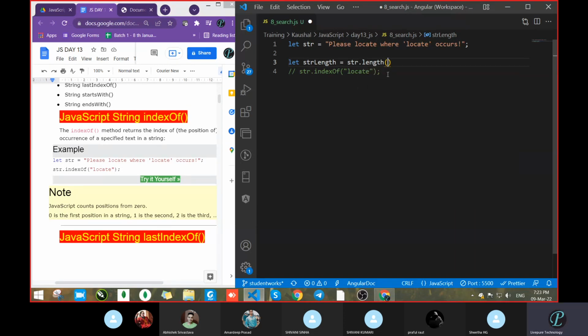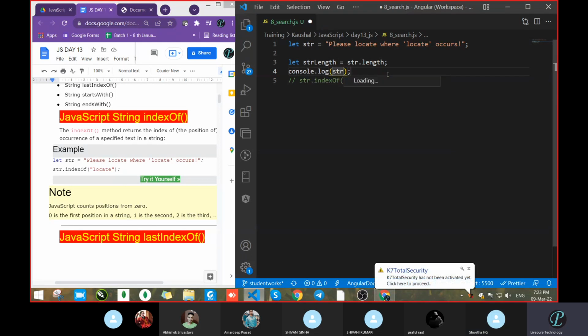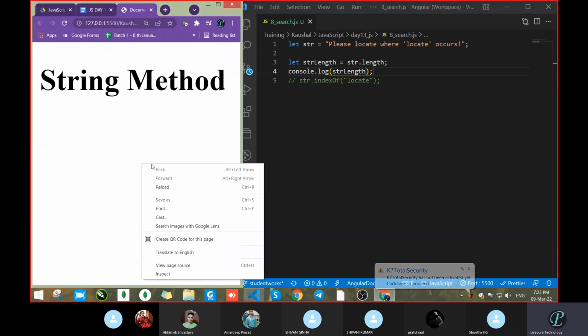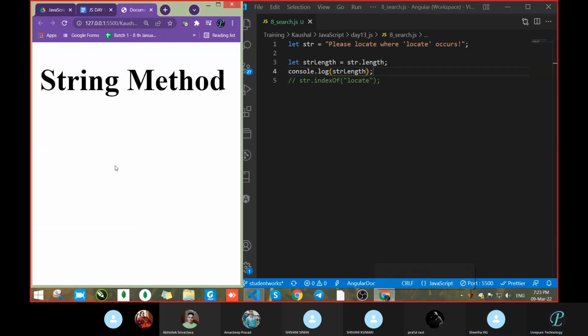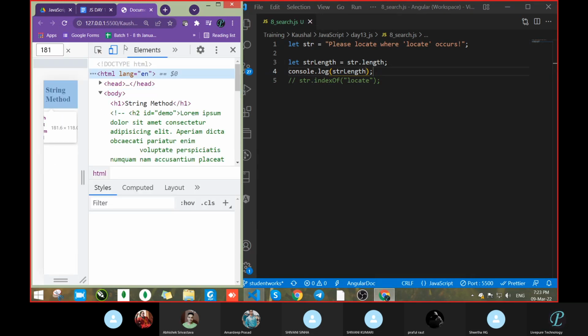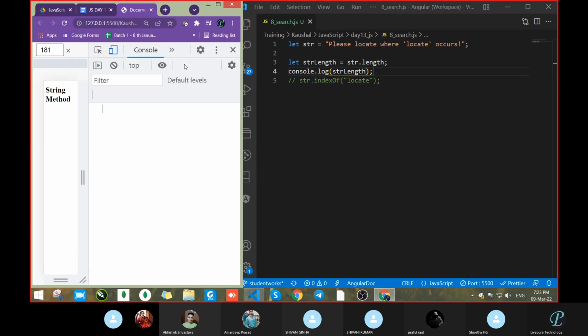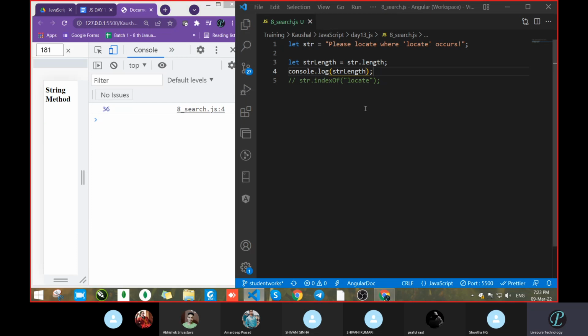Now go with console: console str length. Let's save and check our output. So what output did we get? Now we got length equal to 36.